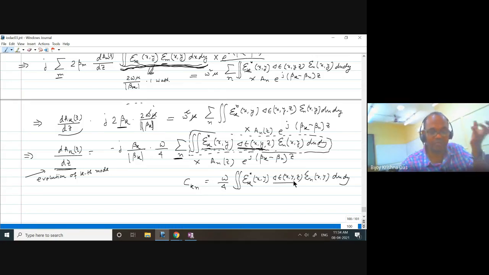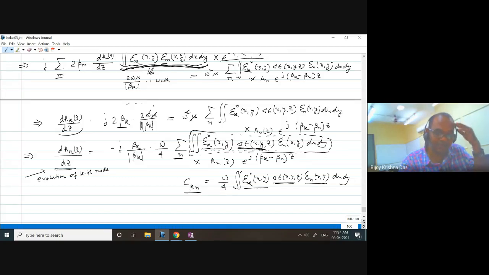So I know what the perturbation is, right? That is controlled by you, because of the intentional perturbation you are giving, with an xyz dependence profile. Suppose this is known. I know the mode profile of the kth mode in the unperturbed waveguide, and I know the field profile for the nth mode. I can calculate the mode field distribution numerically using some kind of software. Once I calculate that, I can find all the values of ckn.